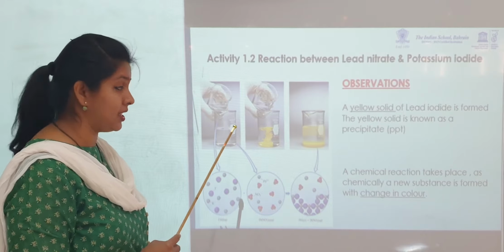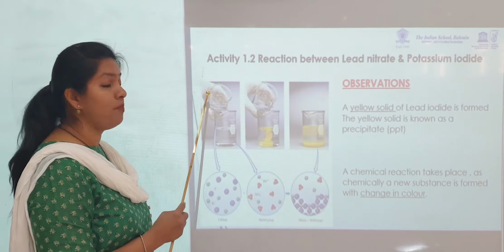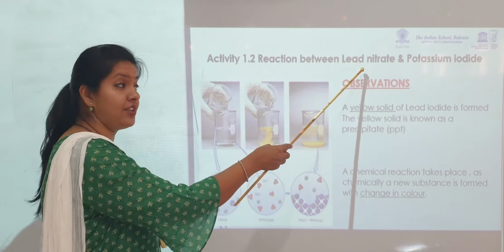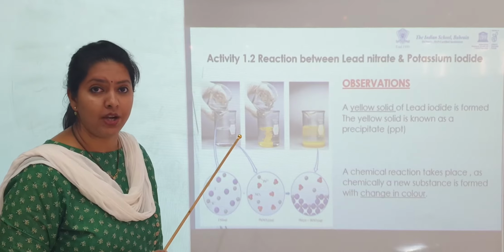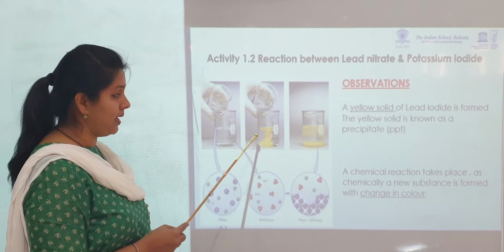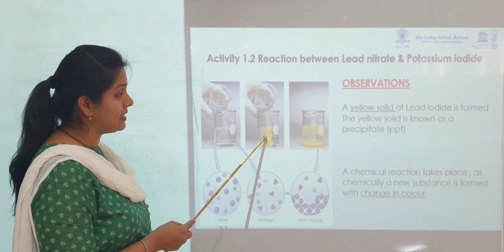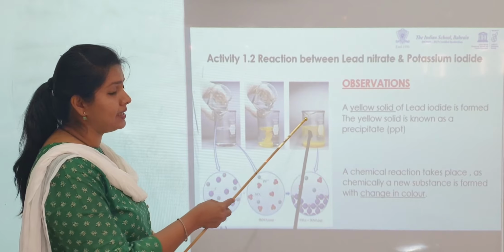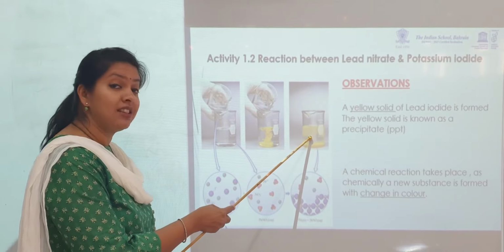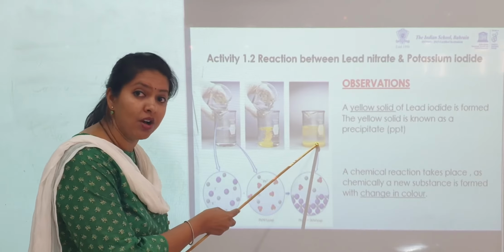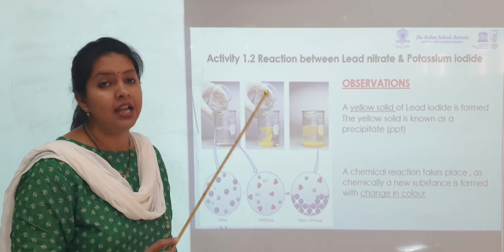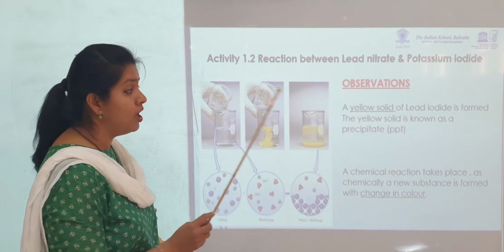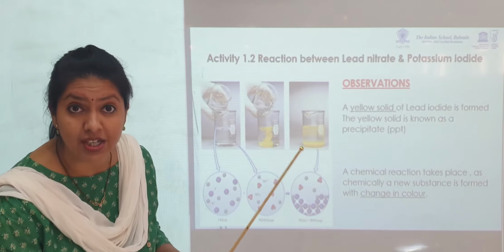Let us go to the next reaction between lead nitrate and potassium iodide. Look carefully into this picture. Here in two beakers you can see two colorless solutions, one being that of lead nitrate and the other potassium iodide. I mix both of them. Look into the beaker. I can see a color change. A solid is being formed, and in the third picture you can see the solid settle down because it is insoluble in nature. In chemistry, an insoluble solid is called a precipitate.